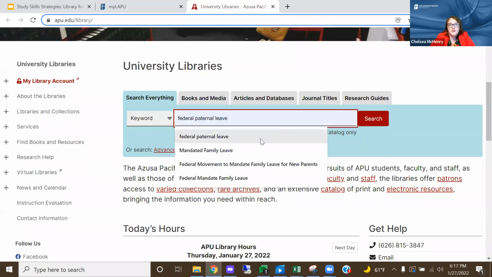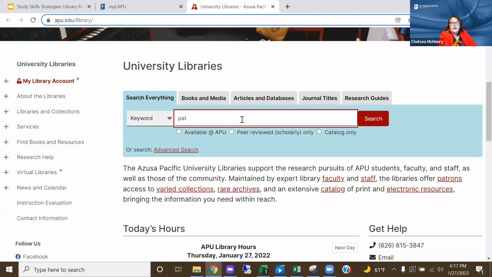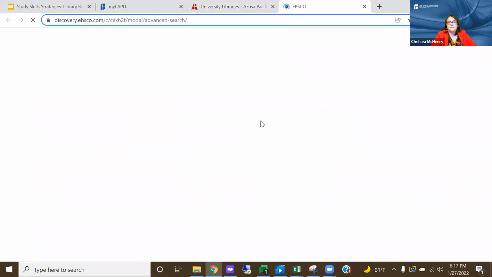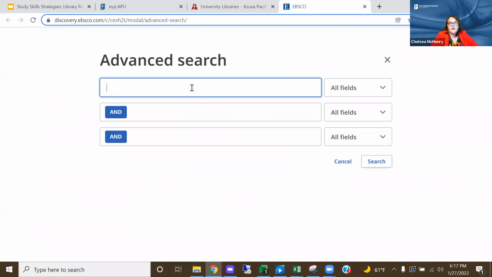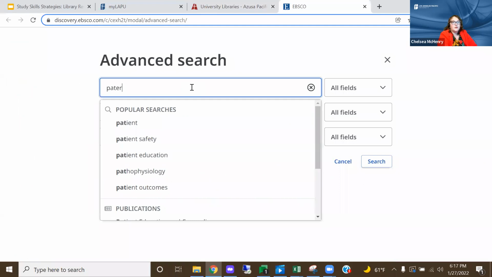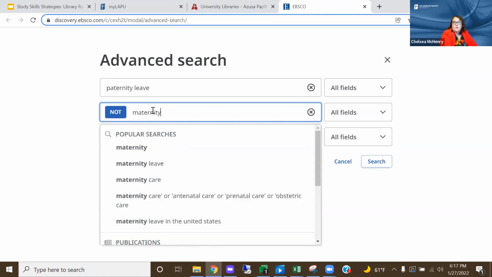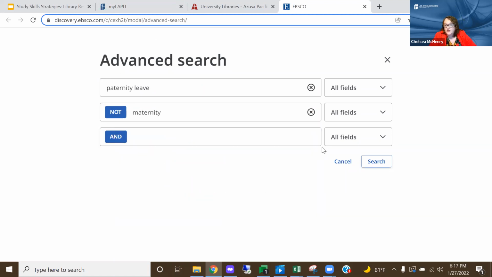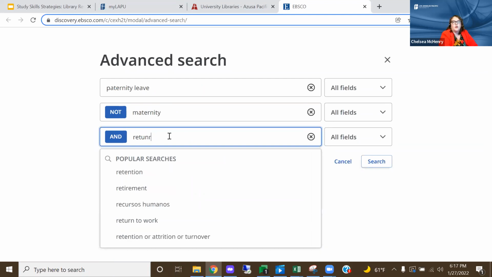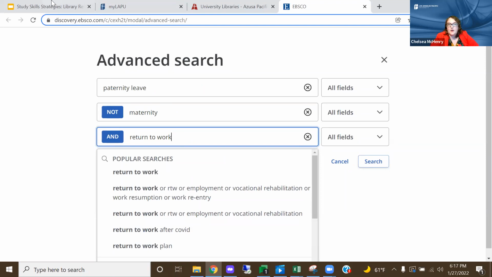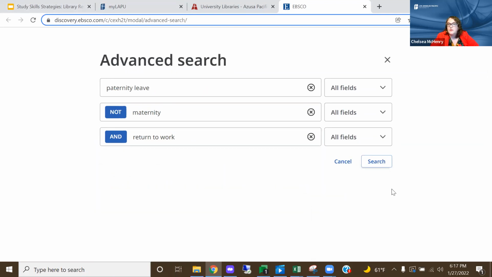So if we were going to search for some of these additional options, for example, maybe we wanted to look at what does paternity leave look like instead of maternal leave. Maybe we're going to do an advanced search. If we have this advanced search come up, maybe we want to type in paternity leave, and we want to say, if you click on these, it actually will change for you. We want to say not maternity. Maybe we don't want to know about, we're really looking at the father perspective of paternity leave and say, we're going to look at return to work. And so you can even see how it will populate for common searches for you